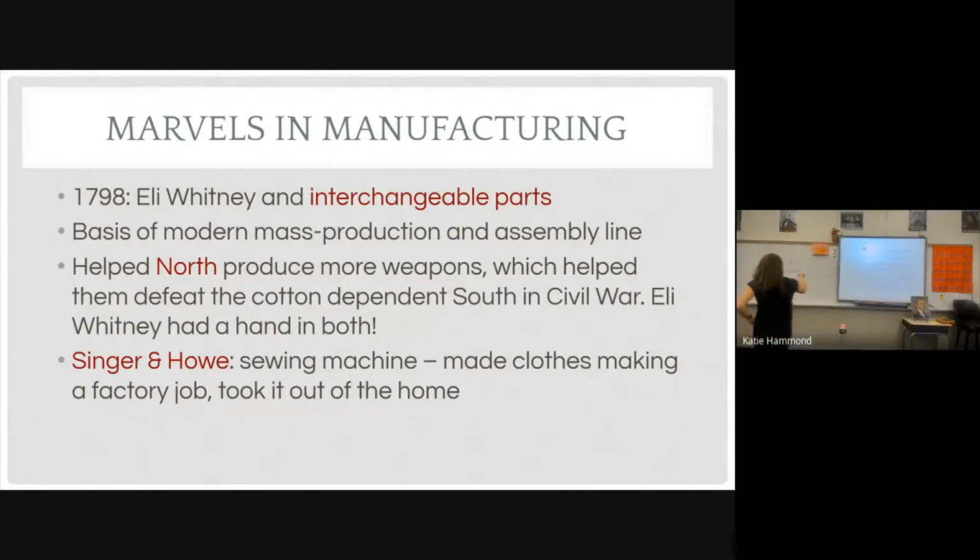So make sure you know he did the cotton gin. And y'all know the gin is short for engine. Okay? And interchangeable parts for the musket. The person is Eli Whitney. And we know that the cotton gin processed cotton, separating the seeds. And for the interchangeable parts, you could basically replace broken parts.